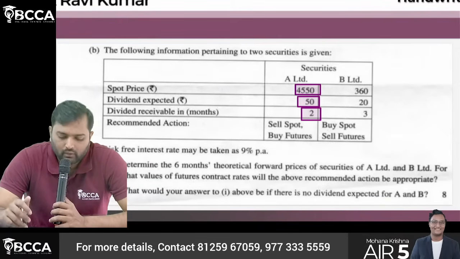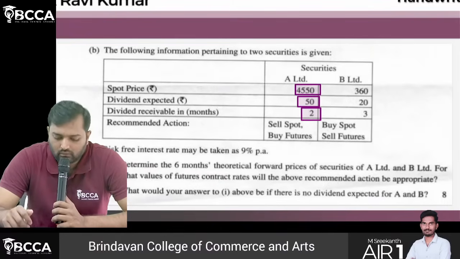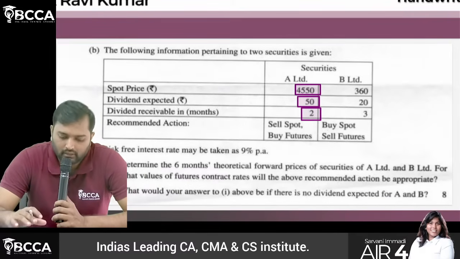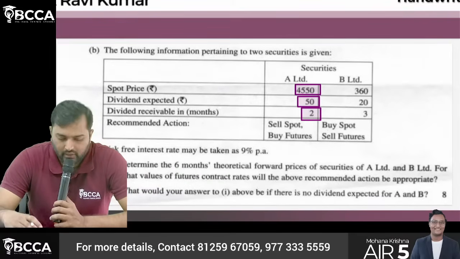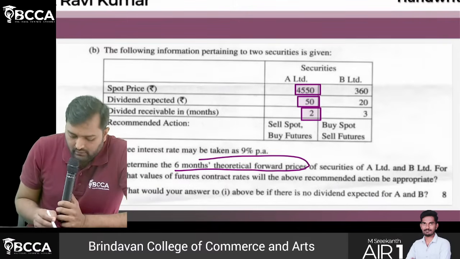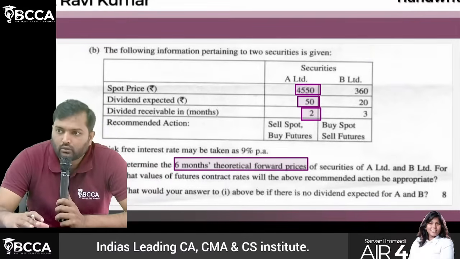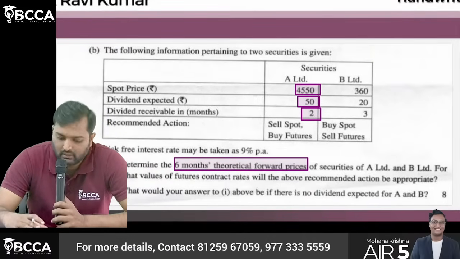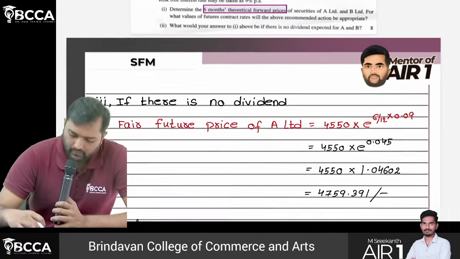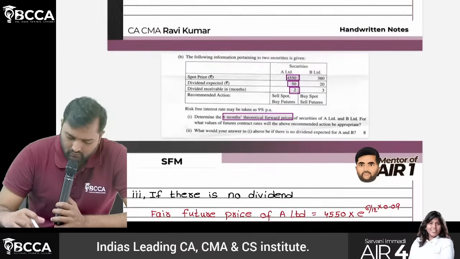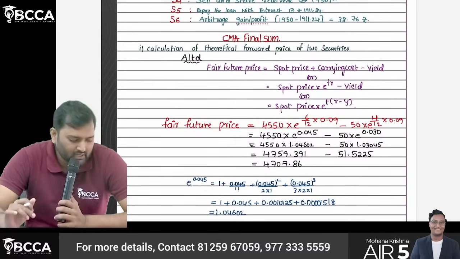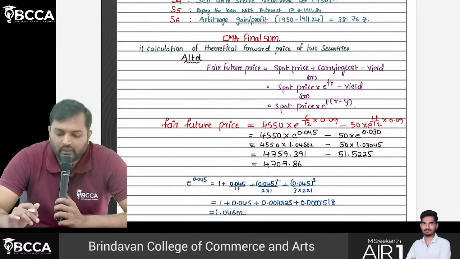So what is the formula we are going to apply? Spot price into e power (r minus yield) times T. So what is the spot price? 4550 into... They are asking you to find out the 6 months theoretical forward price. That means you have to do continuous compounding for 6 months. So 4550 into e power 6 by 12 into 0.09